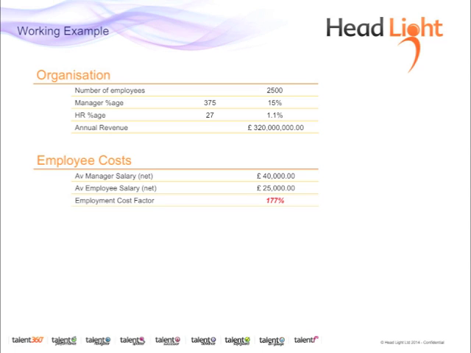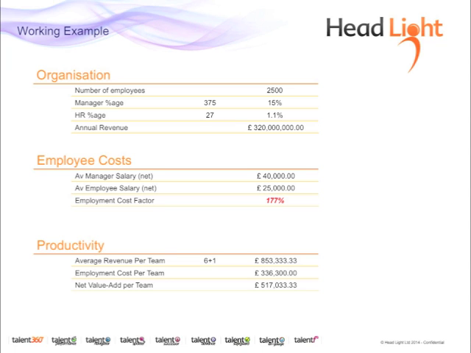Now, how can you come to that realistic figure for your organization? What we're trying to do is identify how much of a difference it makes when organizations are not all the same. You can simply find this factor by looking at the personnel cost and adding it to your facilities costs that you'll find in your public accounts or in your annual report, and that will give you the ability to calculate the actual cost of employing managers and employees, and generally there's an uplift. In this particular example, there is an uplift of around 177%.